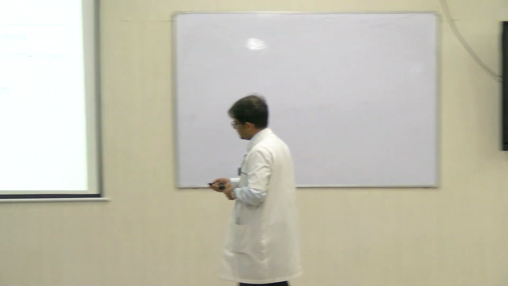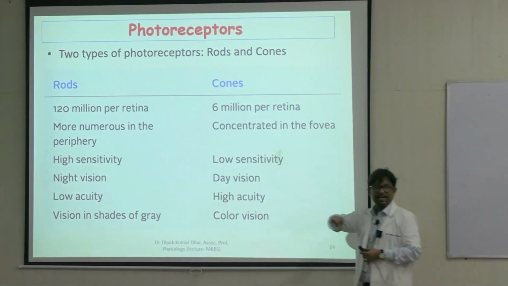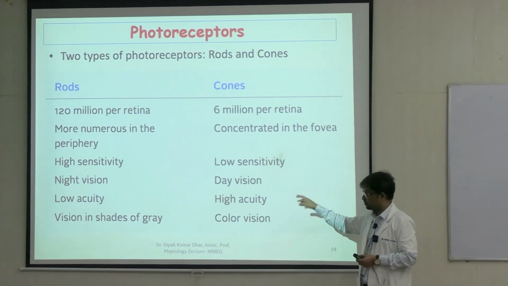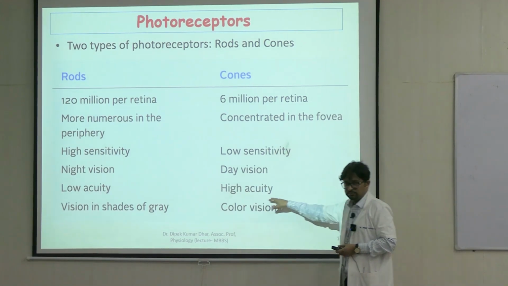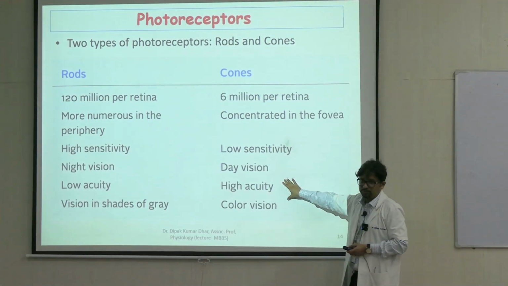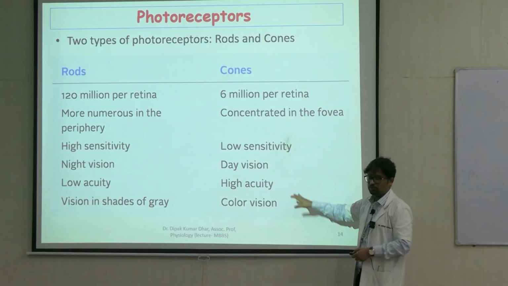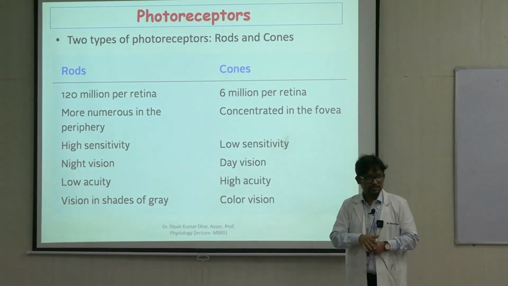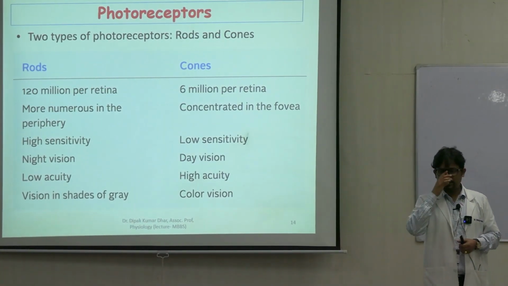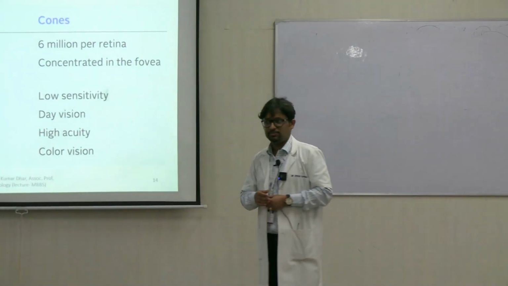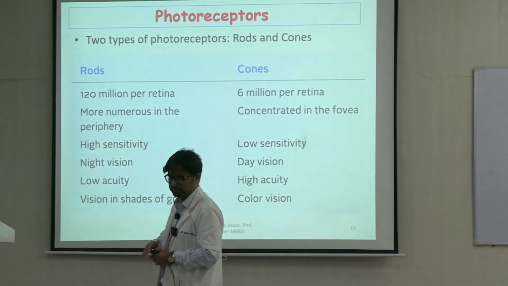If you look at function, cones are concerned with vision in daylight, that is, in bright illumination, the vision that happens is by cones. Sharpness of vision, right, and color vision. These are the three functions of cones. The function of rods is vision in dim illumination or night vision. So this also explains the point about sensitivity. At night or in dim illumination, the stimulus in the environment is less, the light is less, that is why there is darkness or dim light, right?